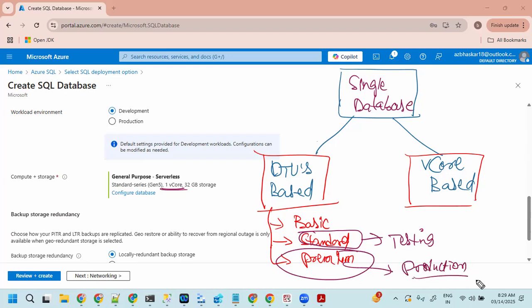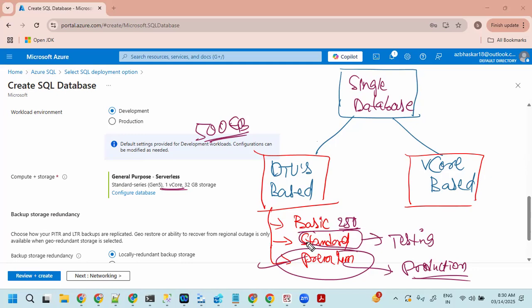Depending on the size of the data, you can take a decision. We had more than 500 GB of data in the data warehouse, so we went for premium. Here we have 250 GB of data for testing, more or less the same kind of data, so we kept standard.